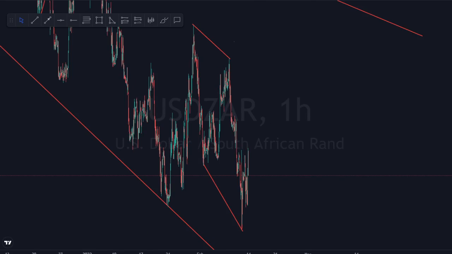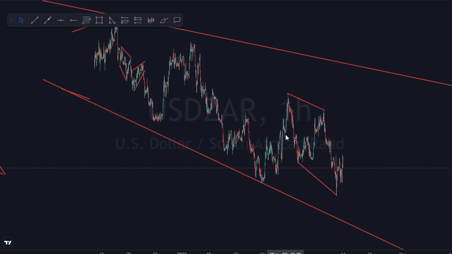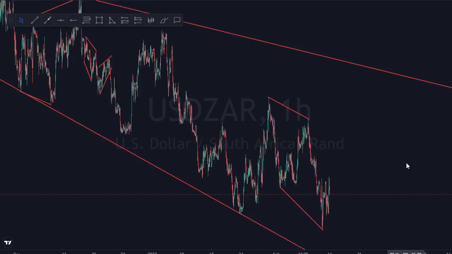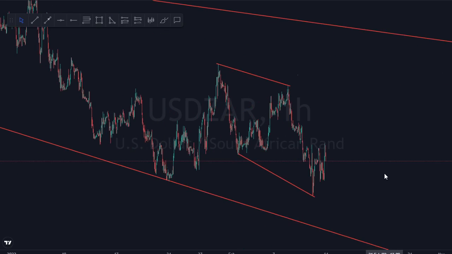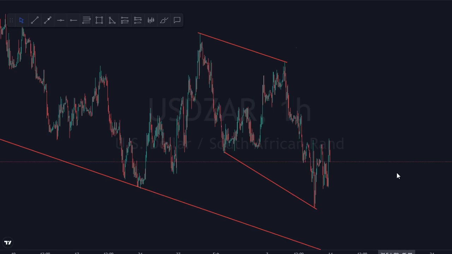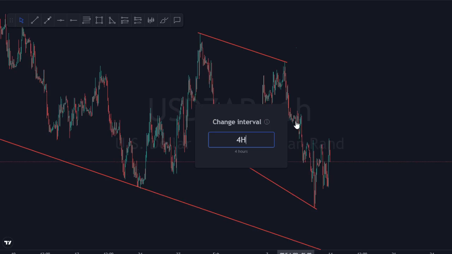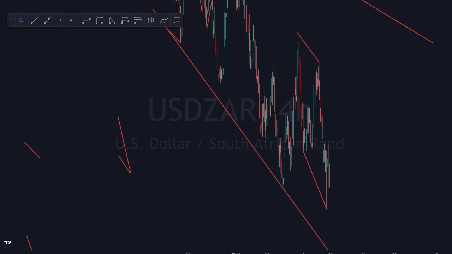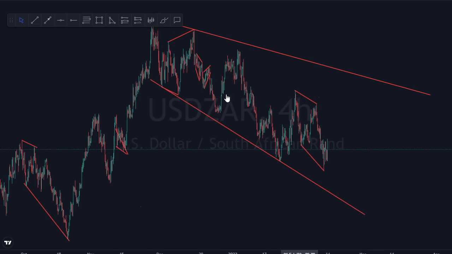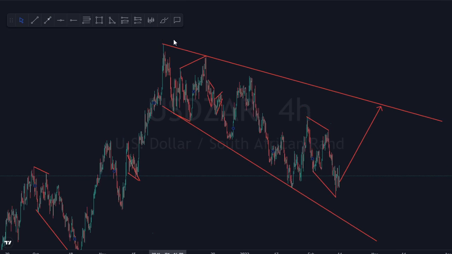So guys, with USDZAR, I've just been looking for buys. I've just been looking for buys throughout. Let me move to H4. And the reason why I'm looking for buys, I'm waiting for price to complete this pattern as well, this outer pattern. As you can see, this is a